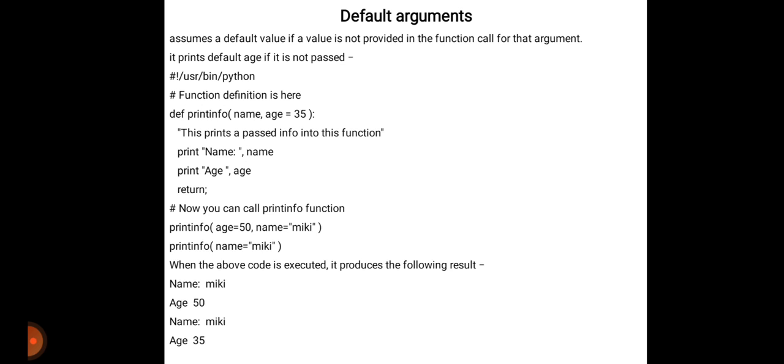Why is age 35 given here? Because you have defined here name and age equals 35. Here the age is not given, that's why it will take the name as Mickey and age as 35. So in this way default arguments work.